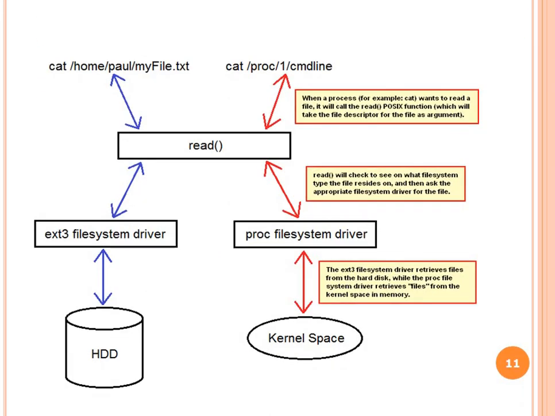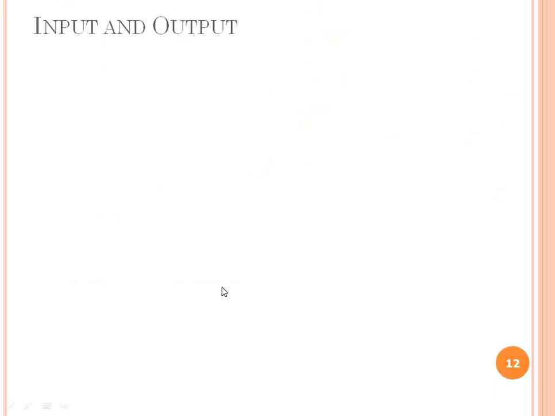So the same proc file system we can see over here in this particular diagram. We have this proc file system driver in the kernel space, and it is maintaining its hierarchy with respect to these files. So we can see the commands which are put, the cat command is there, which is actually the read system call, and which is giving implementation of the ext file system driver and the proc file system driver. So here the proc file system is working in the kernel space, and we have the hard disk, normal access to the files on the hard disk, which is using the ext3 file system.